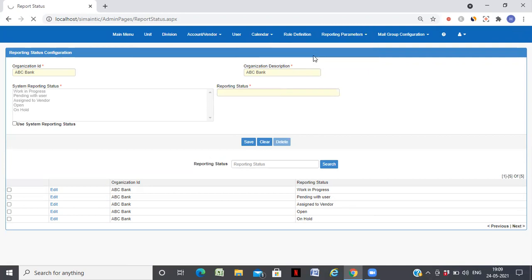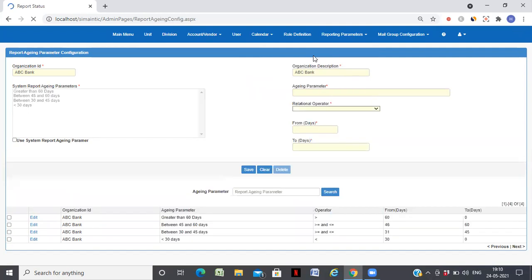Similarly, for all open tickets, we can configure the aging parameters which may be of interest to you. For demo purposes, I have created aging of 0 to 30 days, 30 to 45, 45 to 60, and greater than 60 days. This can be configured based on the customer need. The mail configuration section is set up so that if we have helpdesk@abc.com and a customer sends a mail to helpdesk@abc.com, a ticket is automatically created in the system. This helps in configuring the email ID which is required for that.